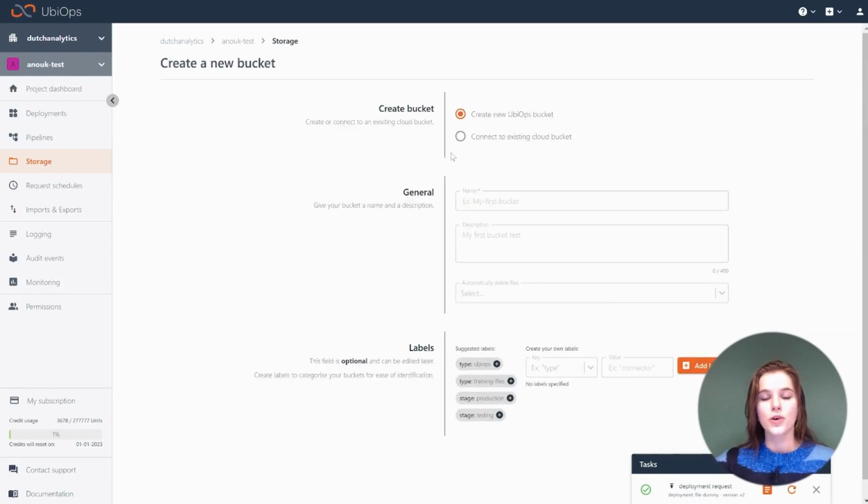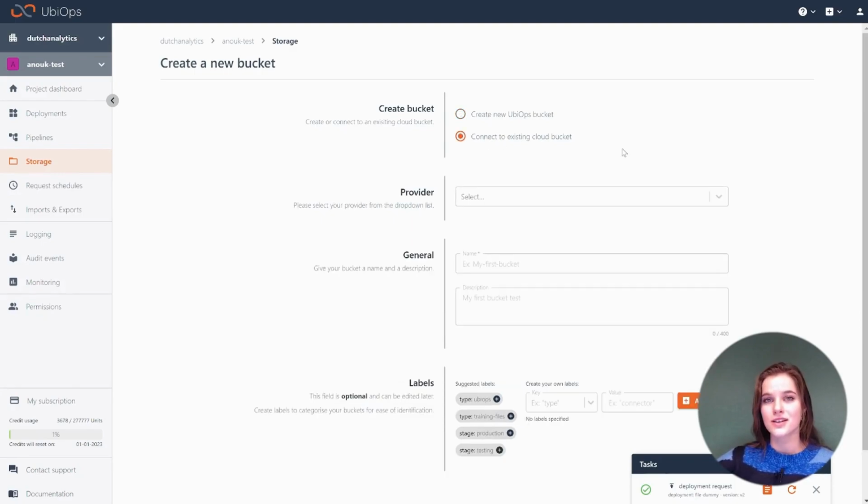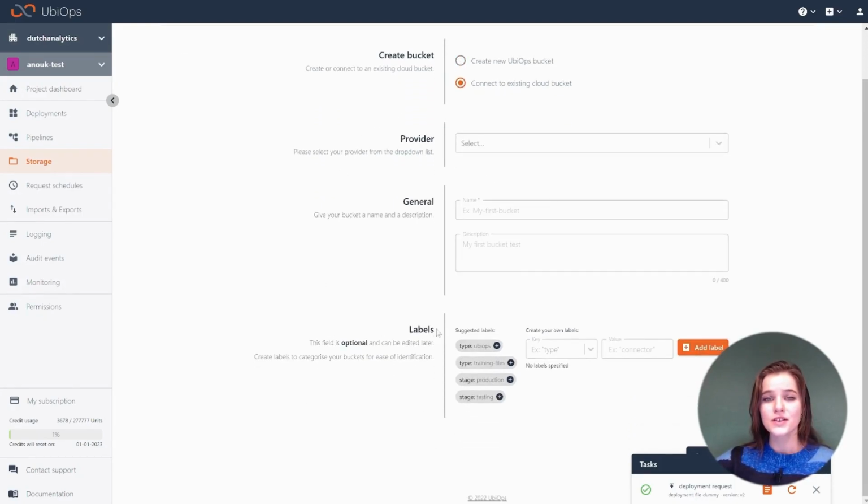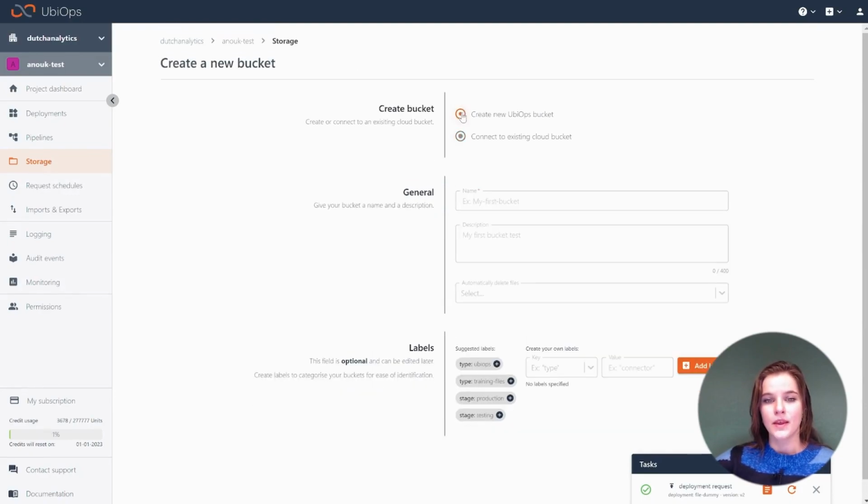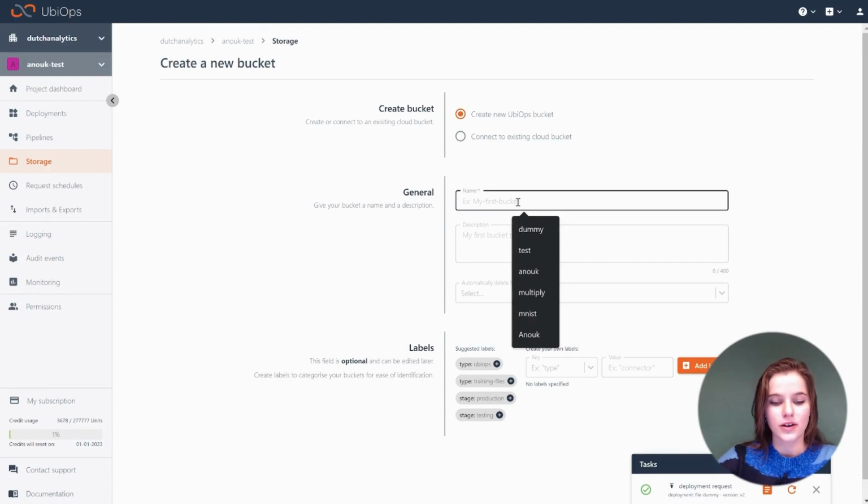When you create a new bucket, you have two options. Either creating a new UbiOps bucket, so that's a bucket that's hosted and managed by us on Google Cloud, or you can connect to an existing cloud bucket of your own. So if you, for instance, already are using Google Cloud Storage, or you're using an S3 bucket for some of your files, you can connect to that existing cloud bucket, just fill in the details here, and then you can use it. But let's say I just pick a UbiOps bucket, then you can give your bucket a name,